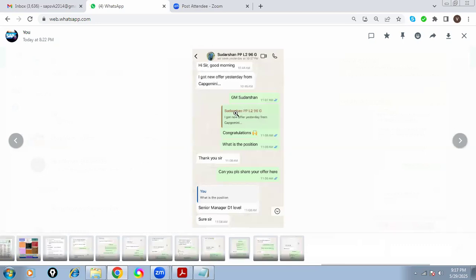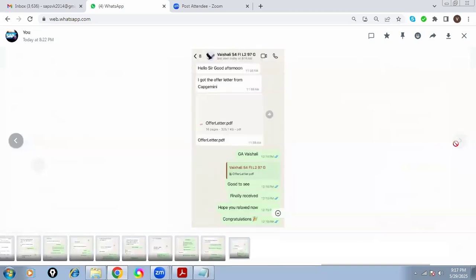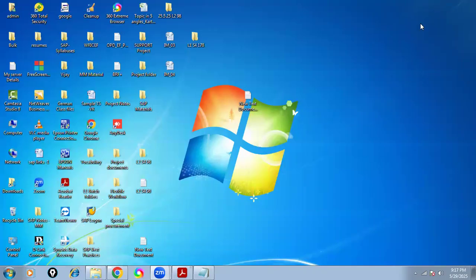And Sudarshan, he got very good offer, 30 lakhs package, I believe. See, offer letter, how good it looks, 30 lakhs package. Don't believe 30 lakhs package is a small number, almost close to 2 lakhs per month. This guy only tried with 4 years experience. He is having 10 plus years experience domain side, but he tried with 4 years. He learned a subject and project here, and got very good job. And like this, right, Vaishali? If you allow me, you will see so many offers like this.